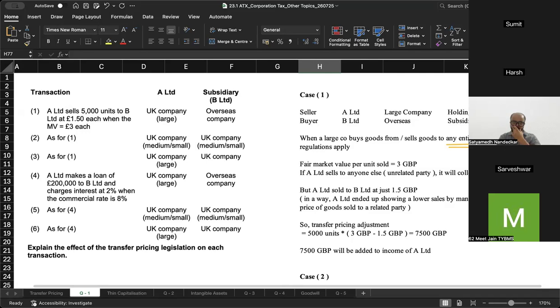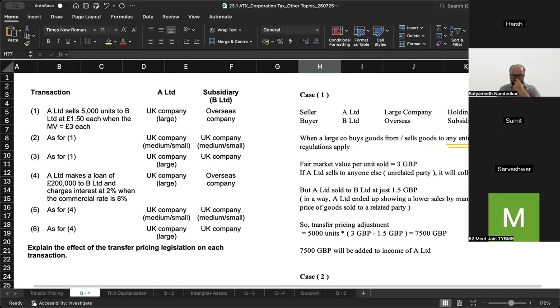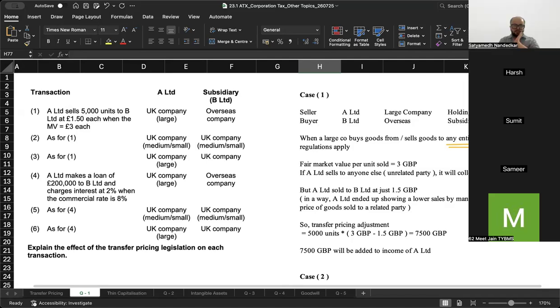Sir, here the ALTD large company will make an adjustment and increase its trading income. So will BLTD also have to make an adjustment? It is an overseas company, so what can we do in UK tax? We don't care about what the company does. If it is another company in the UK, then it is not compulsory to make a corresponding adjustment. See, HMRC insists that you add it to your income. HMRC will not create a loss for itself by telling another company that you should claim an expenditure for this. HMRC will not say that. It doesn't happen, even in practice. It is only for the recipient or only for the seller. Ultimately, nobody will reduce their own revenue.